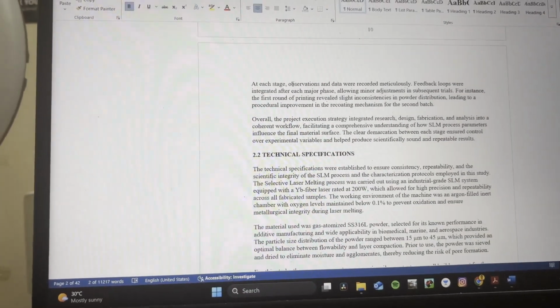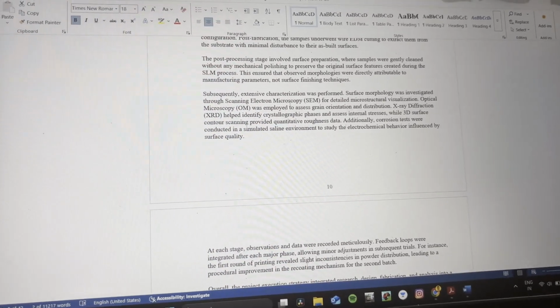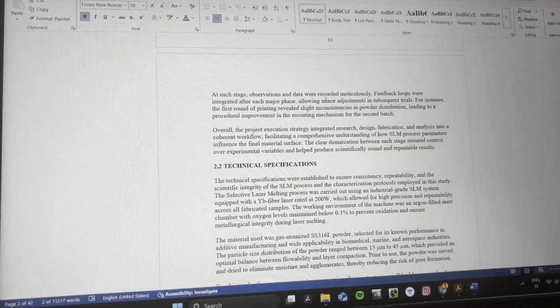After that we created two samples. One was a horizontal build direction and one was a vertical build direction, with different scanning speeds. Getting too technical for you guys, but that's what we did. After that we conducted 4 experiments: X-ray, digital microscopy, SEM, and a corrosion test. We compared both samples to see which is better for bioimplants. So we got the answer: 700 scanning speed with the horizontal build direction was the best for the surface property of bioimplants.